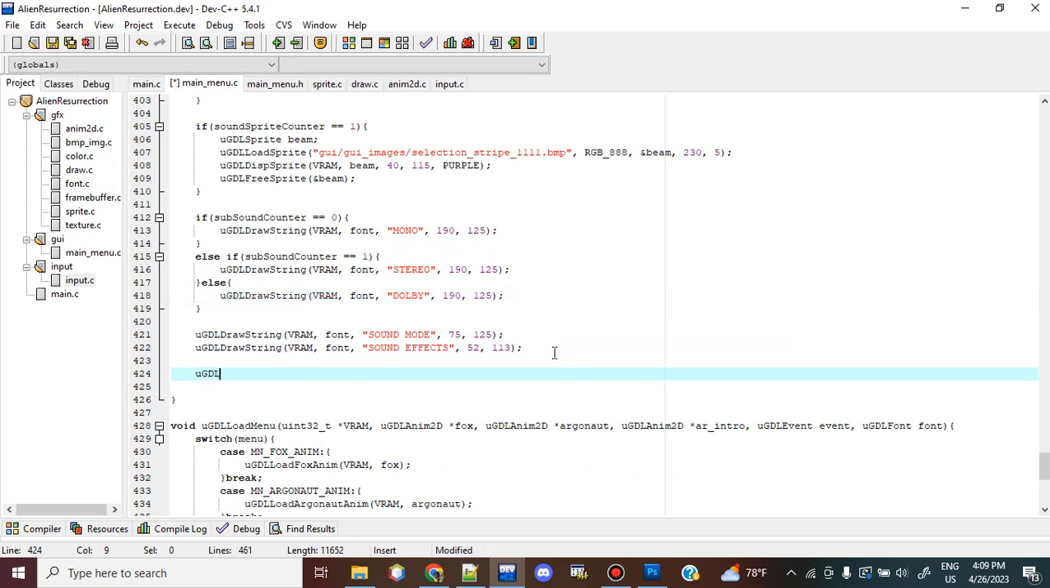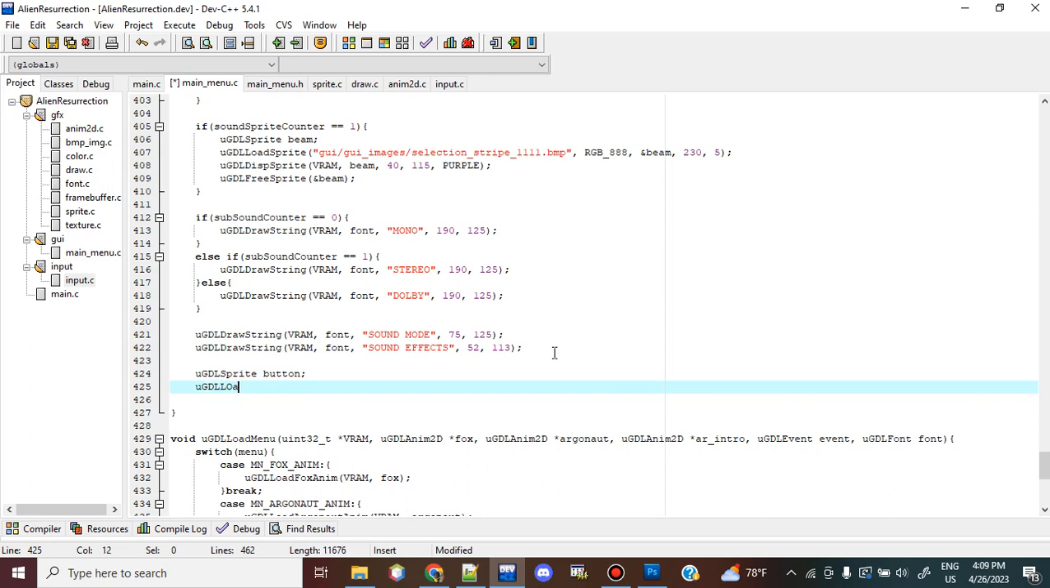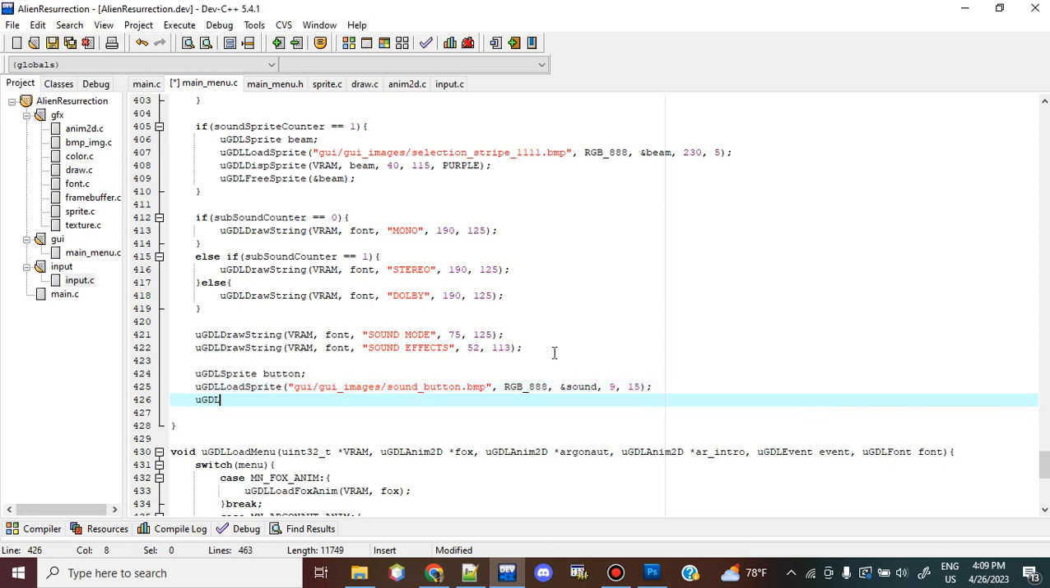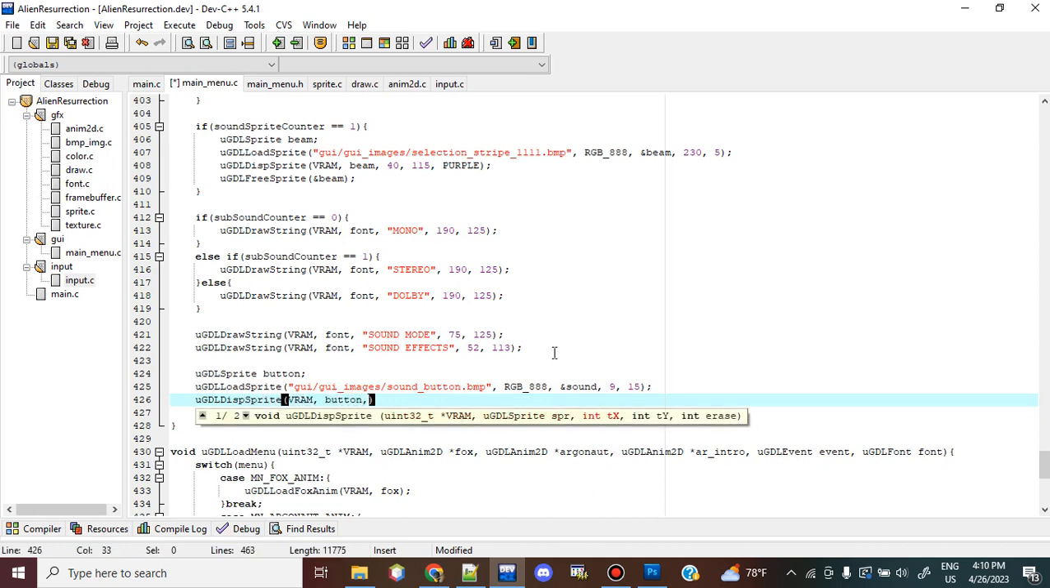So HDL sprite button, load sprite, GUI slash images slash button.bmp, 8. Display sprite. So